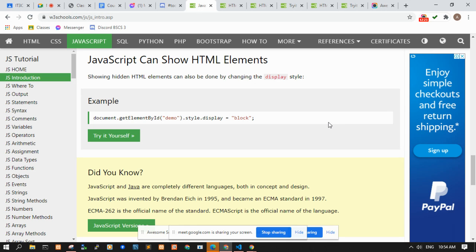JavaScript can communicate with the backend. Although it cannot write or read from a database without the aid of your backend language, without the use of an API or something.